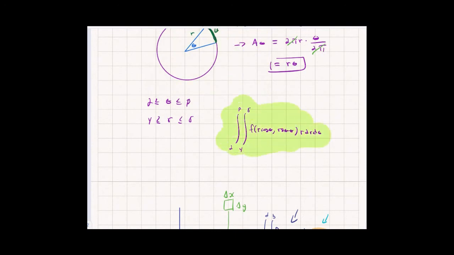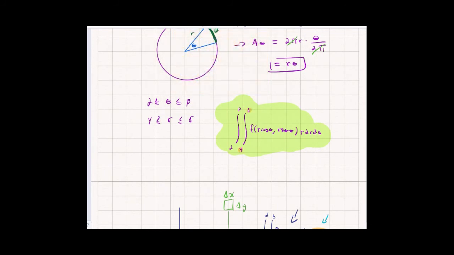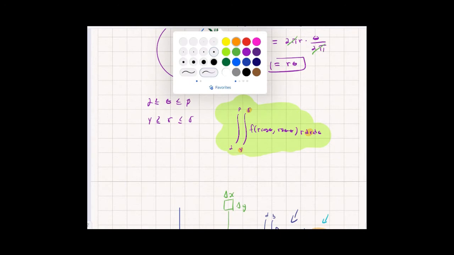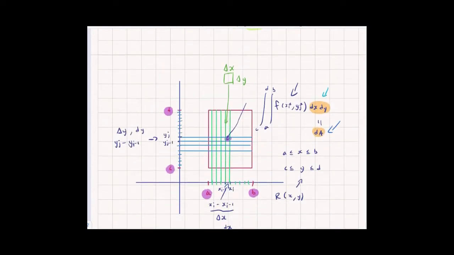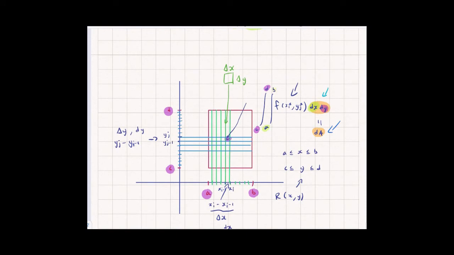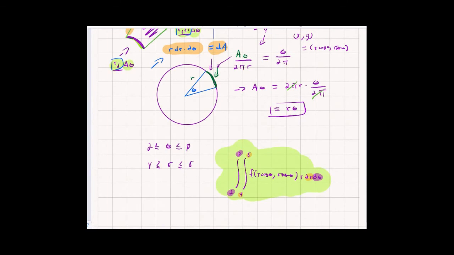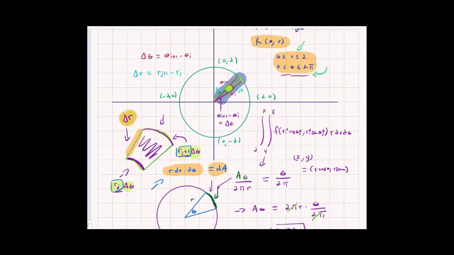We have to keep in mind, of course, that the r bounds here, the gamma and delta, are on the inside, and so is the dr. The theta bounds, the alpha and beta, are on the outside, and so is the d theta. It's the same way that down here, the dy had the outer bounds, and so the dy was outside of the dx. The dx was in here, and the inner bounds are the x bounds, a and b. So that is how we do a general polar coordinates double integral, and that would find us the volume